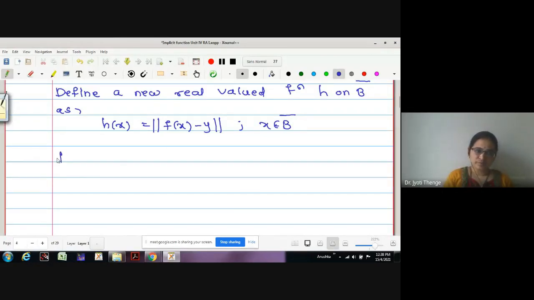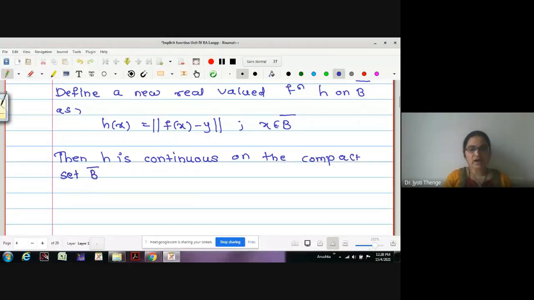I hope you are familiar with the translation function. Yes or no? Yes, ma'am. Good. Now here I am claiming again that h is continuous on the compact set B bar. Continuous on compact means again it is bounded and hence it attains its minima. Hence h attains